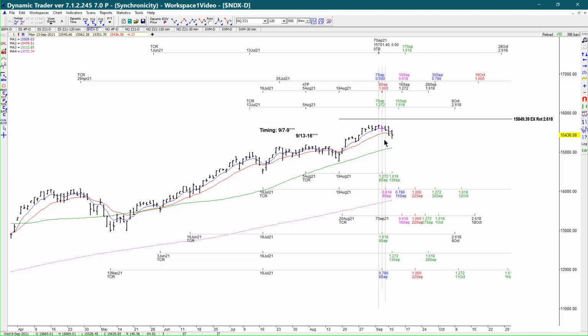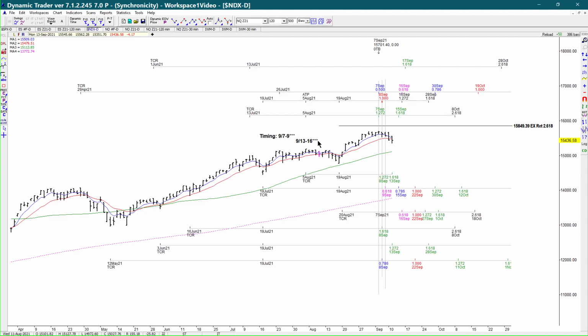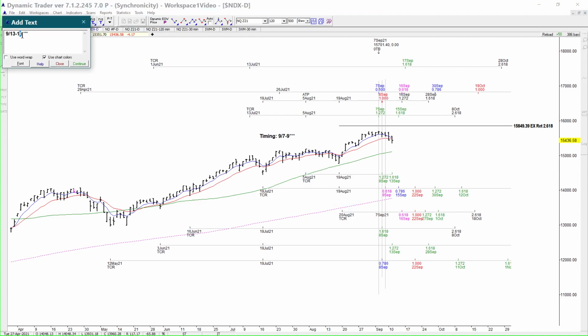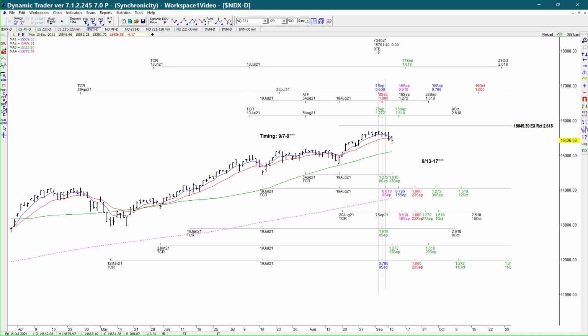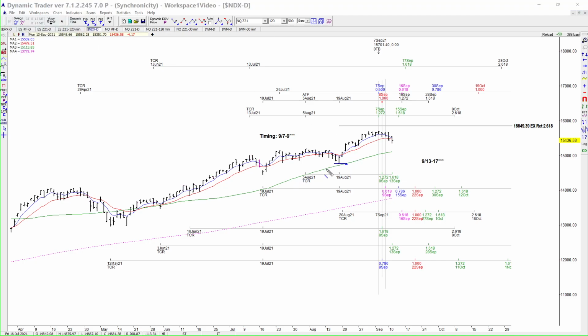We also have timing now. It looks like actually I have to add one. There's one more cycle here on the 17th. So let's just call it pretty much the same as what we're seeing on the S&P as far as cycles for a possible low to develop. Okay, and obviously on this time frame chart we're still looking at a healthy uptrend unless we take out this